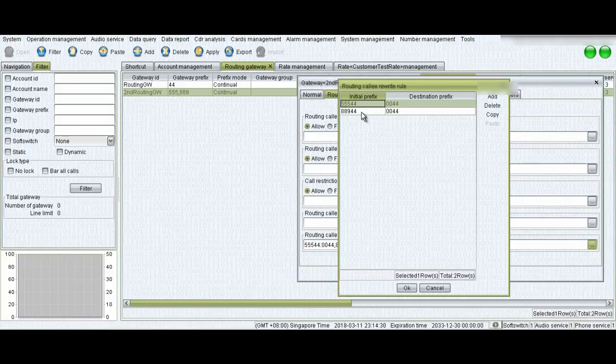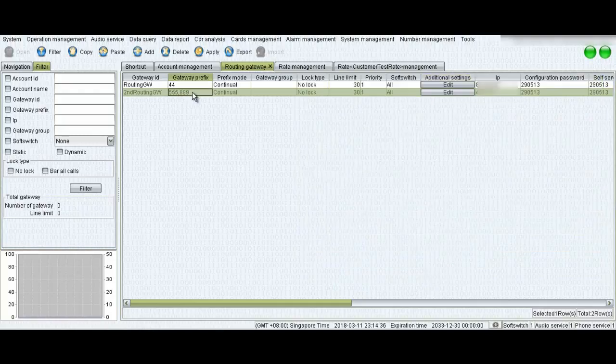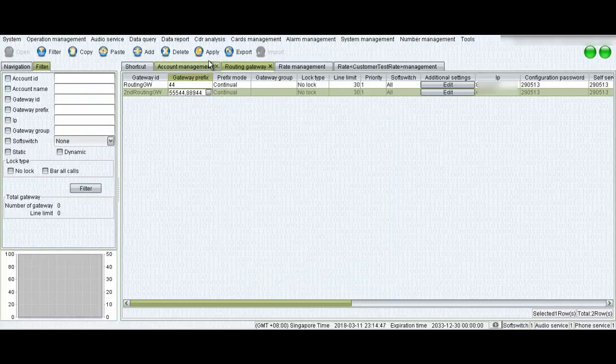So you need to define the complete prefix. Okay, here's an option. You can also add the complete prefix here as well, which will again work fine, like this, and click apply. Both settings are okay.